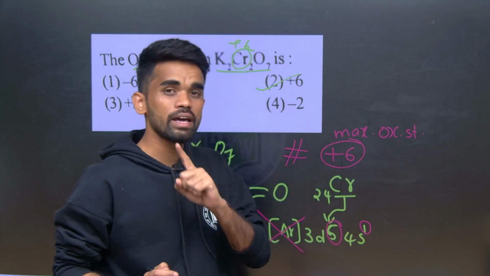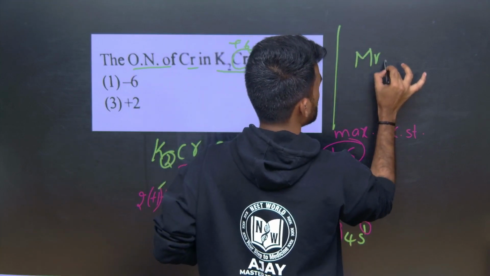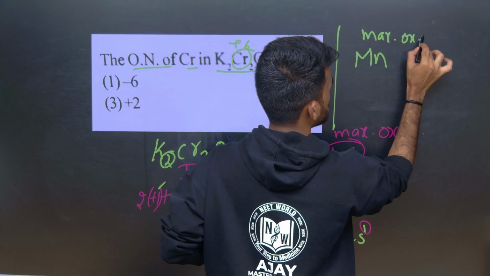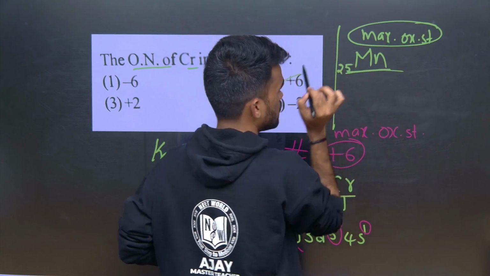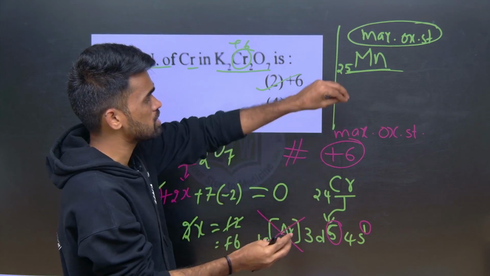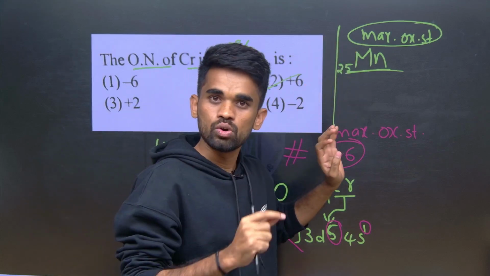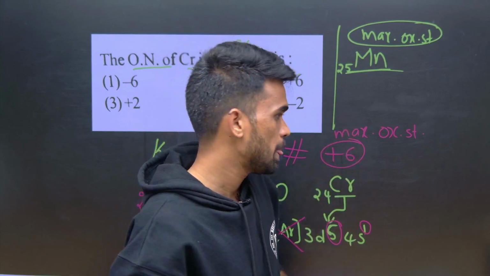Now I have a question for you. What is the maximum oxidation state of manganese? The atomic number of manganese is 25. Simply apply the same concept I explained here and tell me in the comment box. I will be waiting for your answer. No issues even if you give a wrong answer, but give it a try. Okay, next,